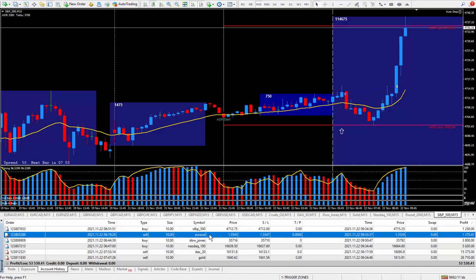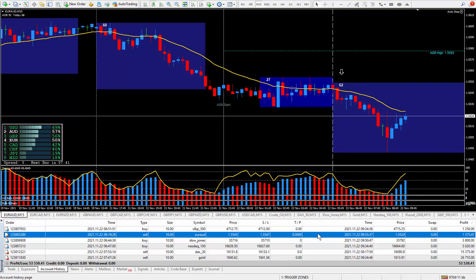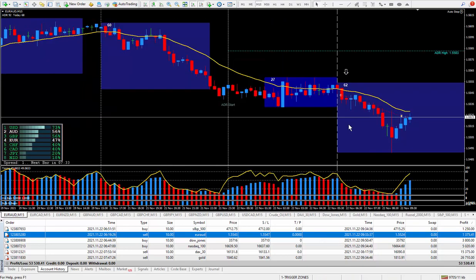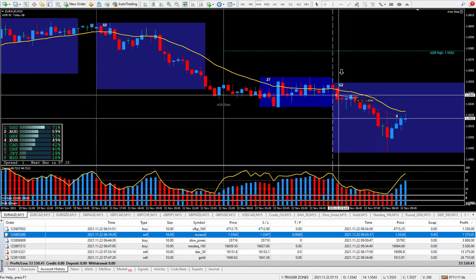Moving on to the only Forex pair I did, Euro Aussie. I sold it. There's the arrow telling me from the higher time frames to be selling. It's on my daily trade plan to sell. Let's see where I got in at. It did qualify when I pulled the trigger for a great way to trade. It did not even go one pip against me. Not even one. And I should have closed it out over here, but